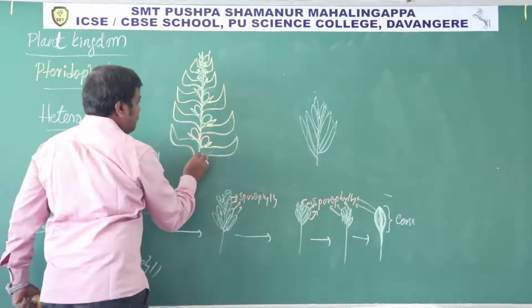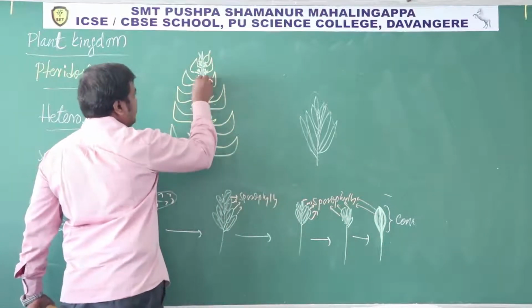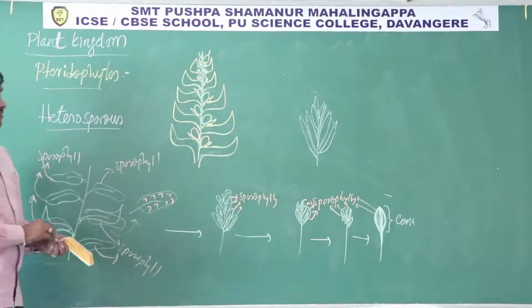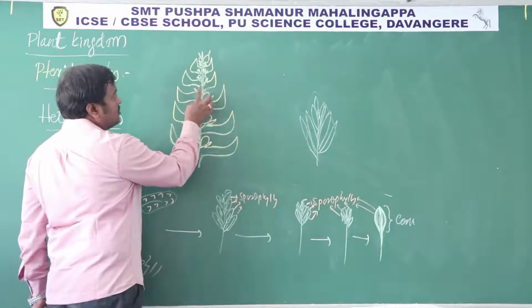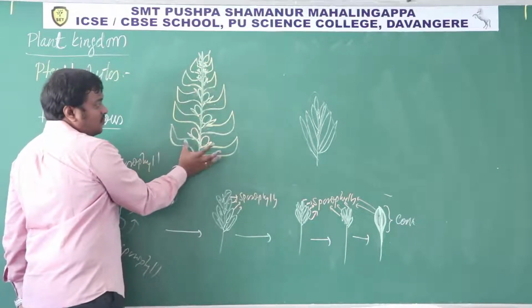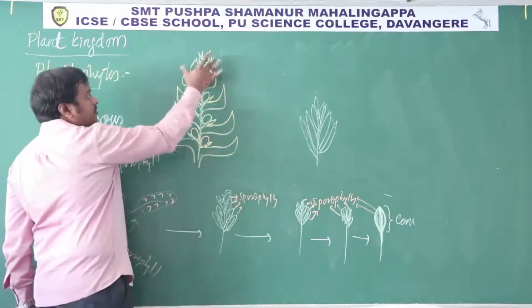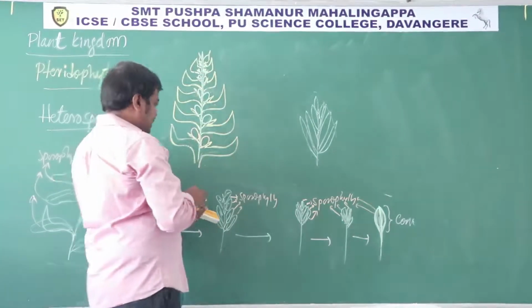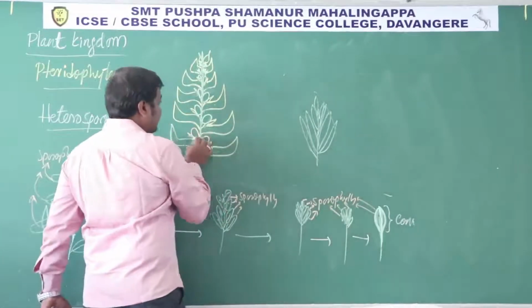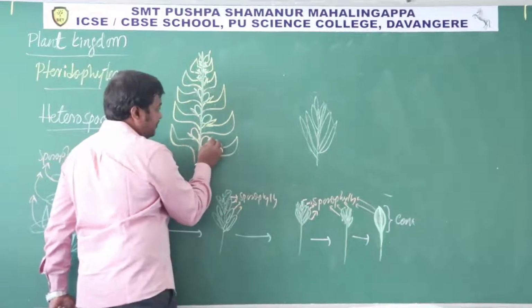This is the same central axis. On both sides of the central axis, we can find these sporophylls. So these are all sporophylls. These sporophylls are compactly arranged to form a structure like this. Now let me write this structure as